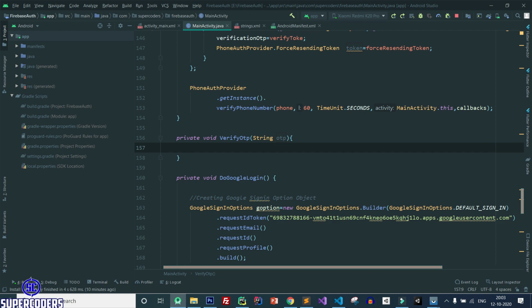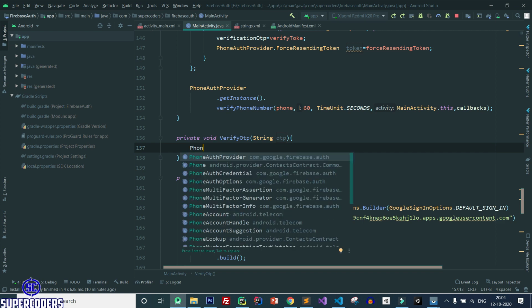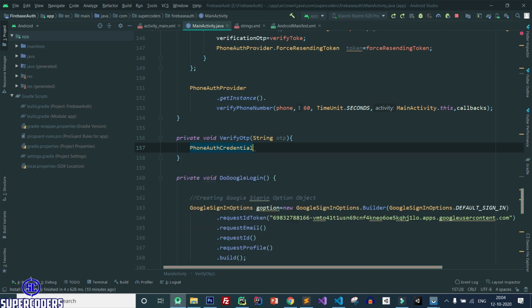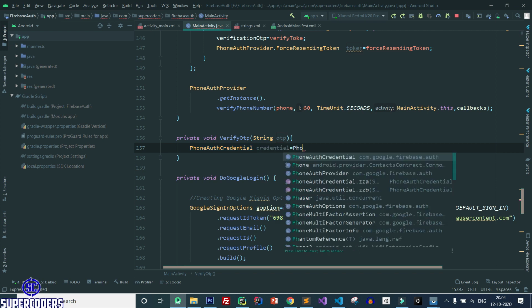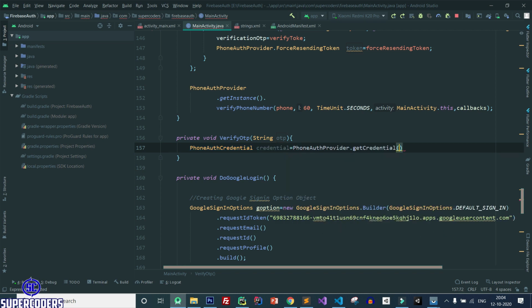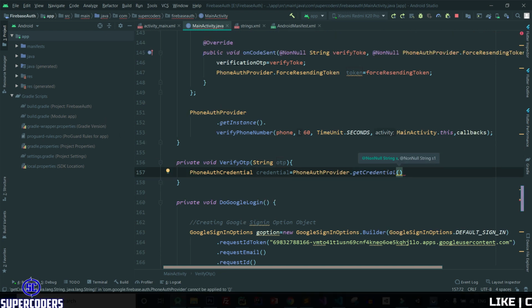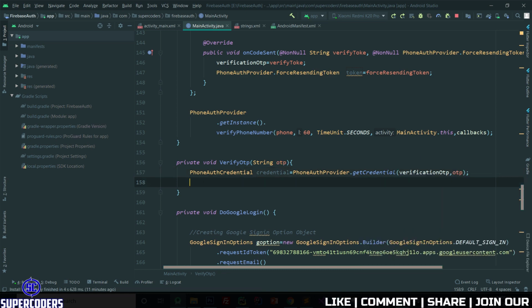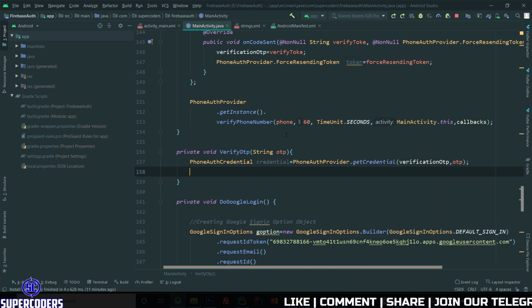So let's see, PhoneAuthCredential credential equal to PhoneAuthProvider.getCredential, and here pass the verification ID which I stored earlier, and the verification OTP. After that we need to pass the code, so OTP, we need to process the data of login with OTP.